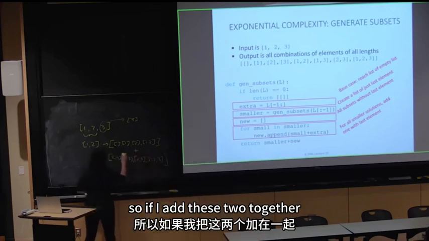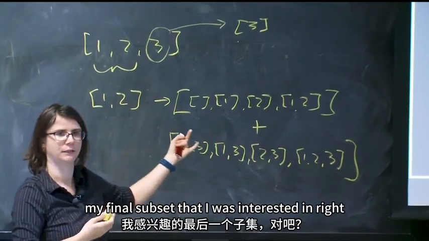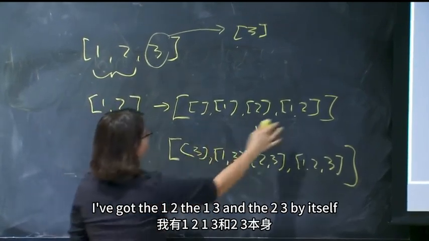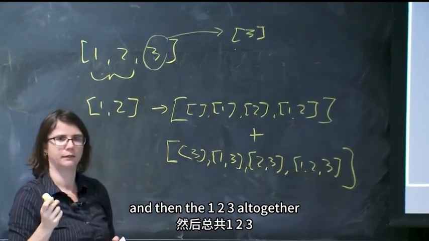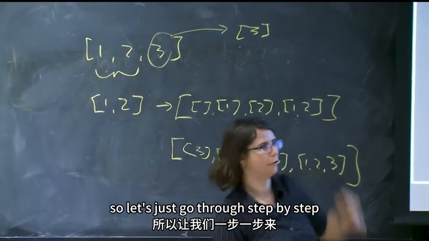So if I add these two together, this is going to generate for me my final subset that I was interested in, right? I've got the empty thing, I've got the 1, the 2, and the 3 by itself. I've got the 1, 2, the 1, 3, and the 2, 3 by itself, and then the 1, 2, 3 all together. So that's the big idea here, okay? So let's just go through step by step,